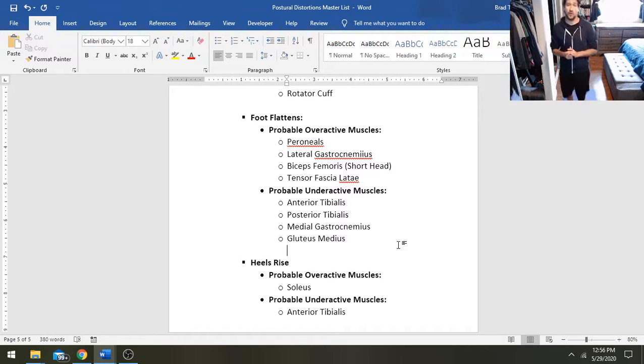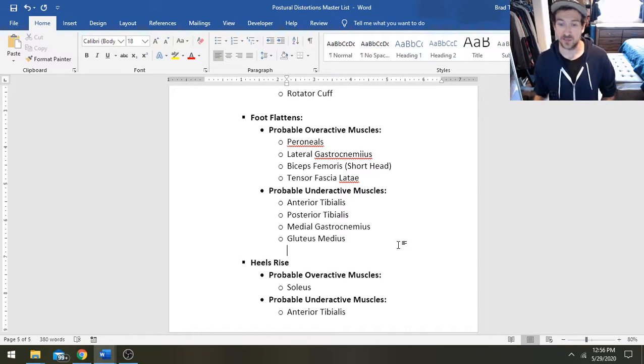That is going to be your peroneals as a big bad here, which are basically everting your foot. And then that lateral gastrocnemius again, right? Like that outer calf muscle that externally rotates, because that's what pronation is, right? It's a combination of a little bit of dorsiflexion, ankle eversion, and external rotation. So our underactive muscles are going to be the inverters, the internal rotators, like the medial gastrocnemius,